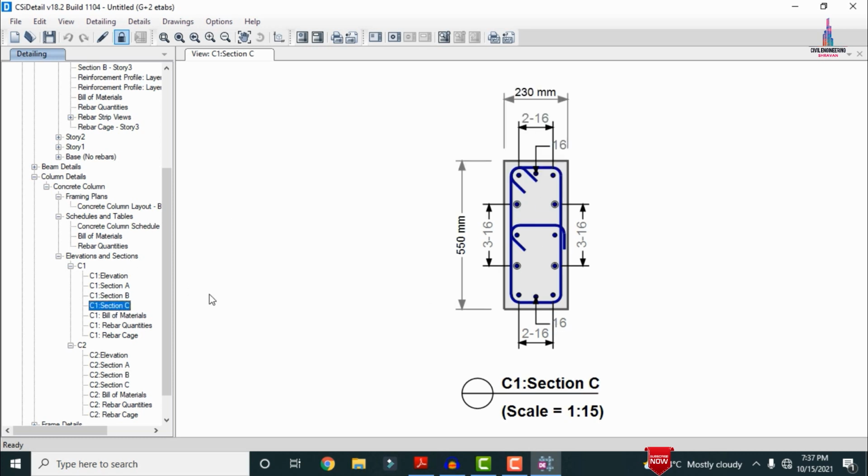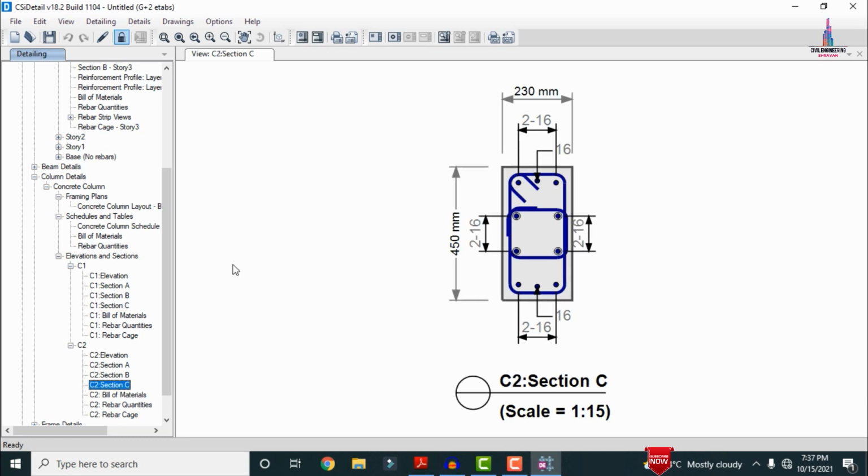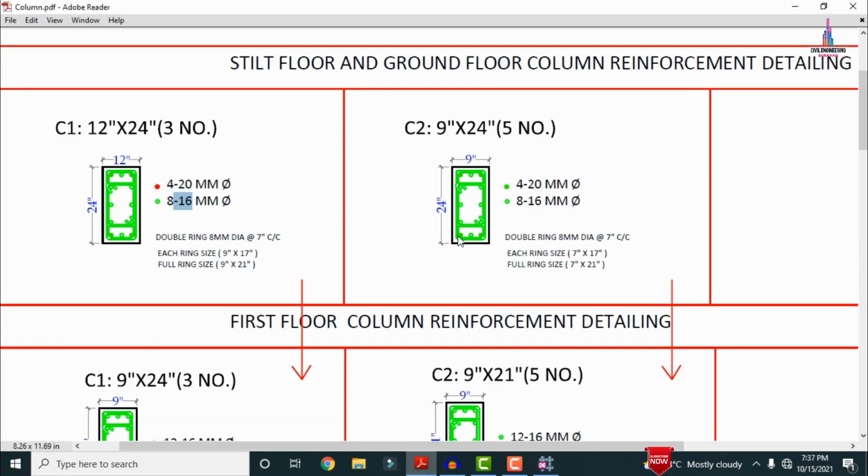Again I am coming to the C section here. Now we can see for the C section it will be consisting of 4 plus 4, which equals 8, 8 plus 2 which equals 10 bars for the structure. So depending upon your reinforcement values which exist in the ETAP software, we are taking the observations here like this.